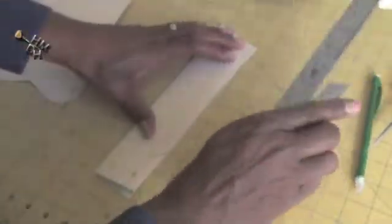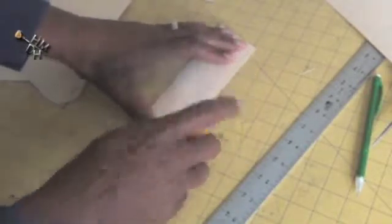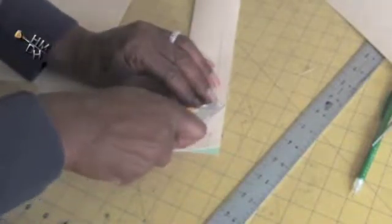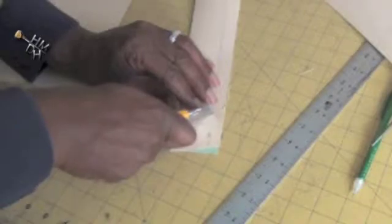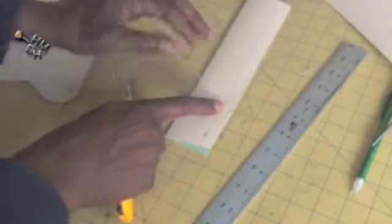I might have cut that wrong. Okay. Then I'm going to go down here and cut out to my line B. Okay. Now, what I wanted to do is to make sure that my legs here, or my little feet, are going to be the same length